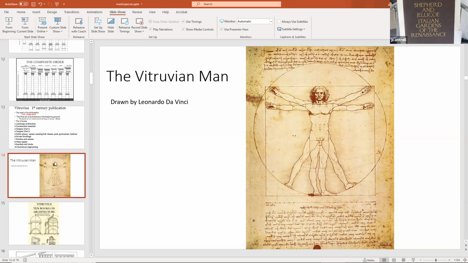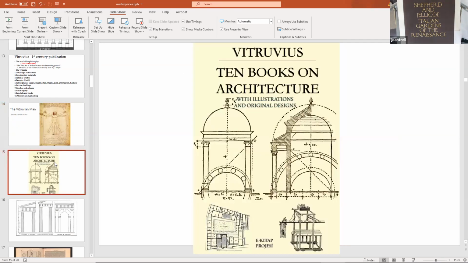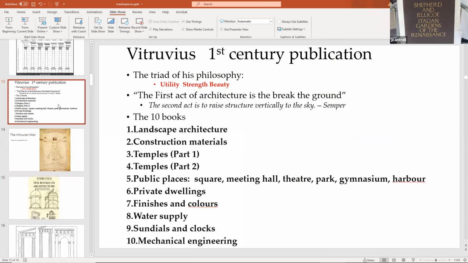So Da Vinci and some other architects pretty much compiled a huge collection of his writings that were found. It's remarkable that from the first century AD, we still have some of his writings in some sort of tangible form, but this is really not drawn by Vitruvius. This is, of course, drawn by Leonardo. Later, Leonardo and some of the architects compiled his books and recreated and redrew his drawings from Vitruvius's notes.